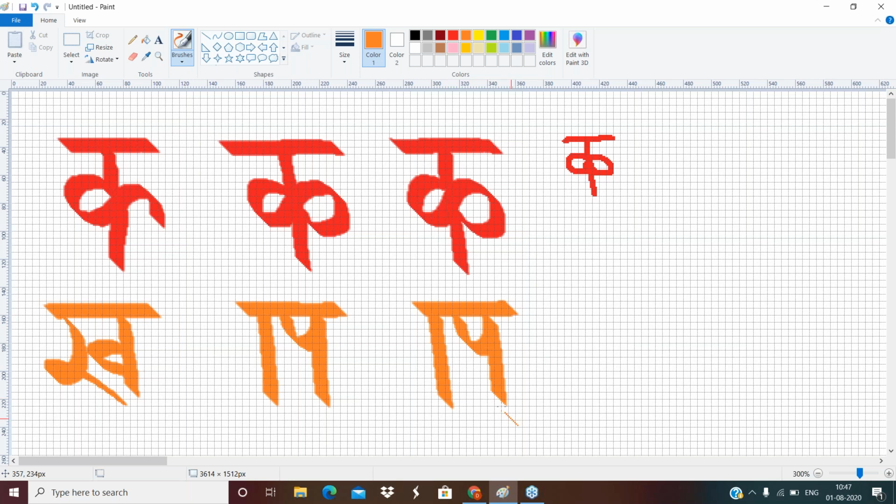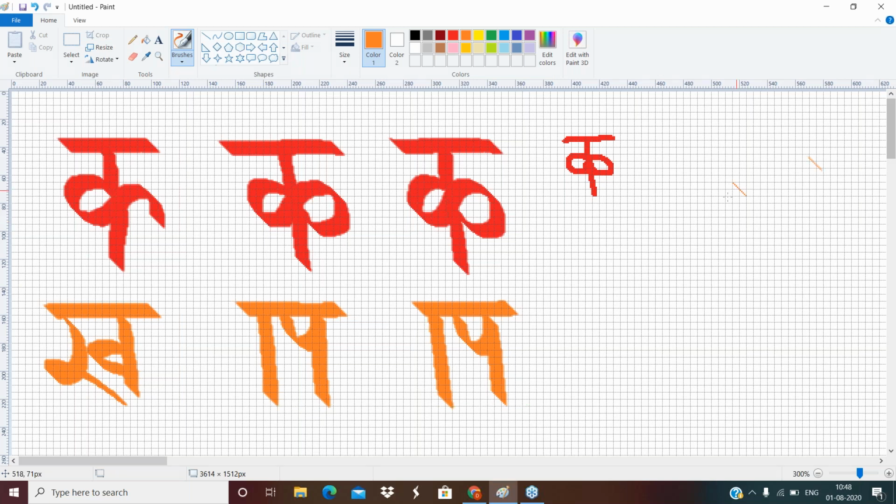So only one thing the cautious student has to see is that this is aligned. If you see here, there is a small gap. There is a small gap here. Just keep that gap. Don't start at the complete corner. And this is based on the symmetry. I think you cannot keep it too far. It looks better when they are closer to each other. So this makes the Sharda Kh.